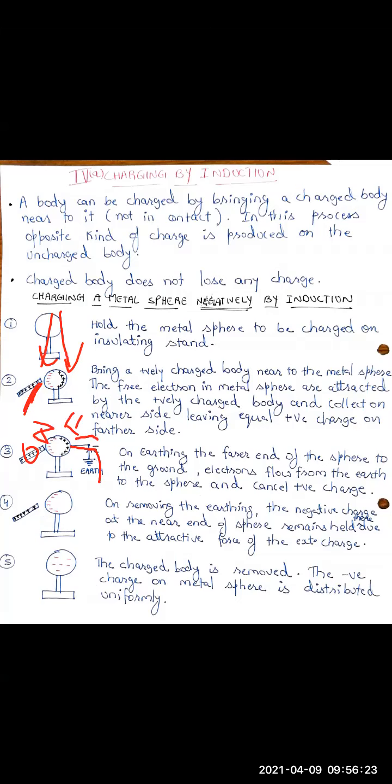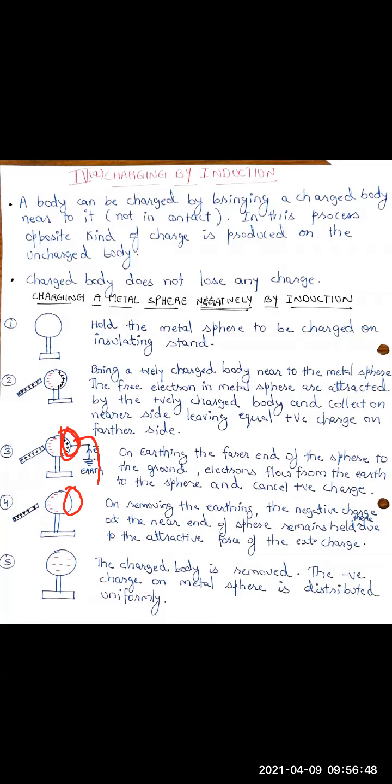So what will happen when you connect it to the earth? From the earth, the electrons will come, and they will cancel all this positive charge. It will nullify it. For each positive charge, one electron will come there. Positive and negative, it will become zero. So all these positive charges, you can see, will disappear, right? So the positive charge has been cancelled.